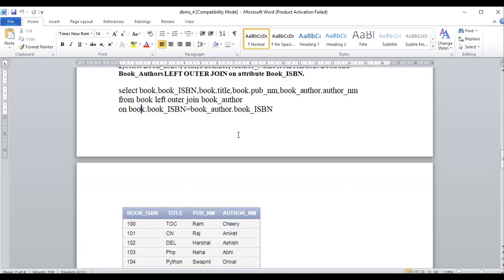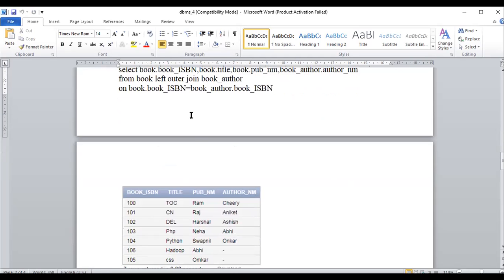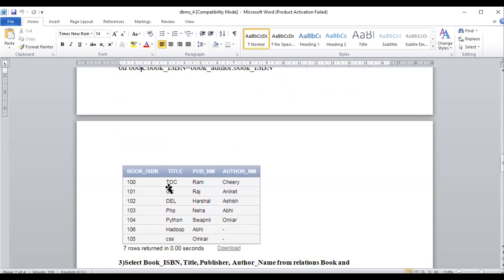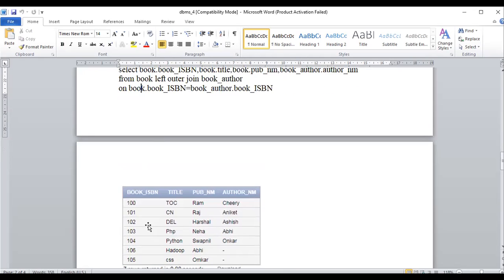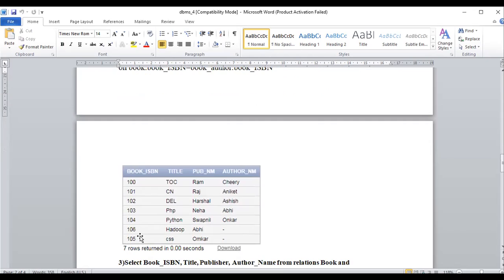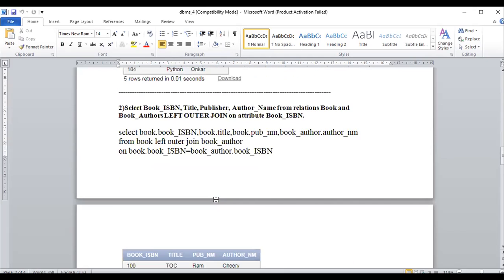Suppose set A and set B are there. In set A total 5 values are there, and in set B 8 values are there. Out of that, 5 from the left table, 3 are common with the right one, and some more extra, that is the 2 in the left. So all that output gets displayed here. From the book table, those who are common and whichever remain, all these get displayed with the left outer join operation.